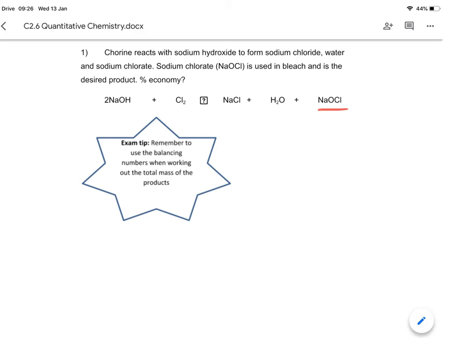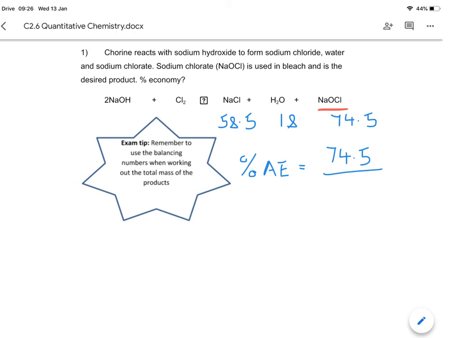So when I go through and I work it all out, sodium chloride's relative formula mass is 58.5. Water's relative formula mass is 18. And the desired product, the sodium chlorate's relative formula mass, is 74.5. Now you've got the formula for atom economy at the top of the page in example 1. Remember that it's the mass of the desired product. So if I want to work out my percentage atom economy, that's going to be the mass of this sodium chlorate